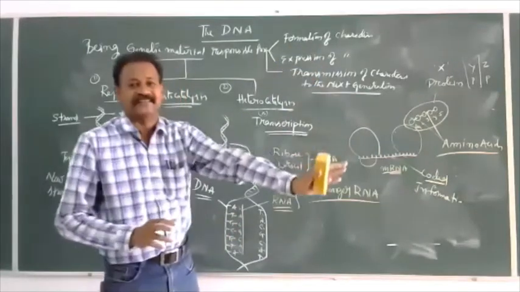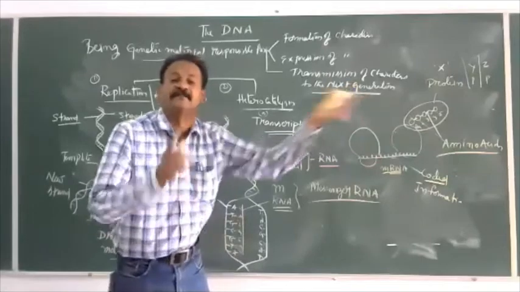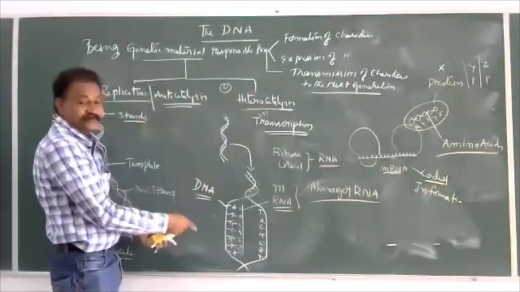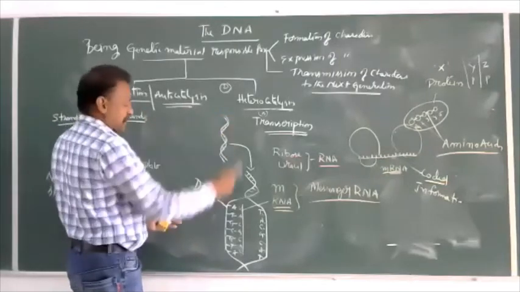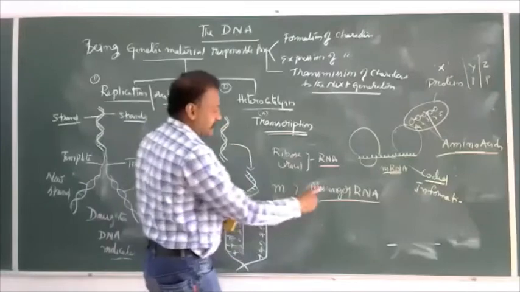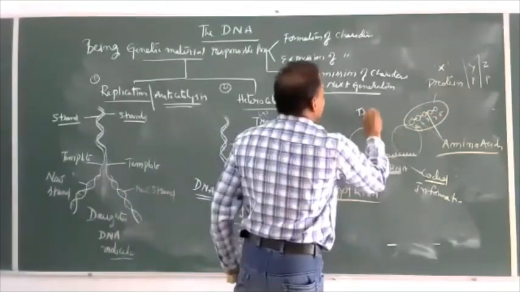A man is like this, a dog is like this, an animal is like this, a plant is like this. Why? It is because of its DNA. And how is this process going on? By heterocatalysis or transcription. After transcription, messenger RNA is formed. After this, it is translated. Translation.